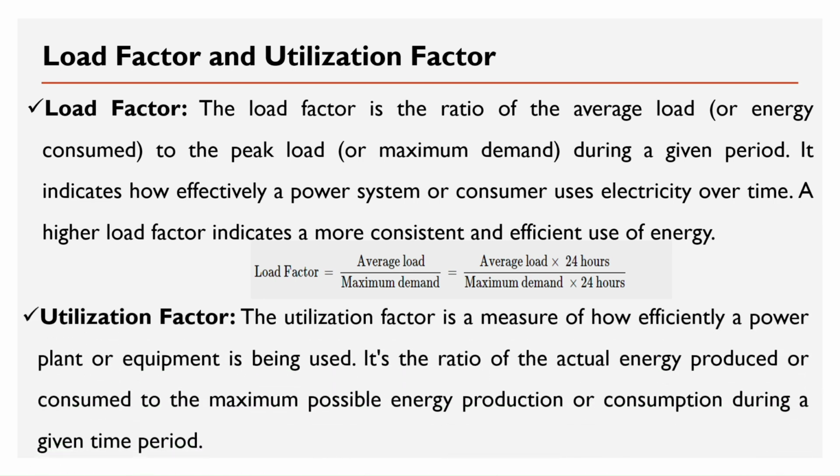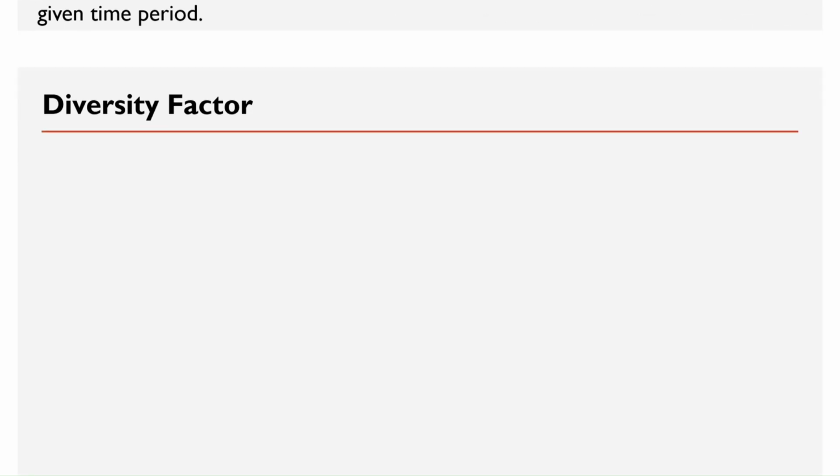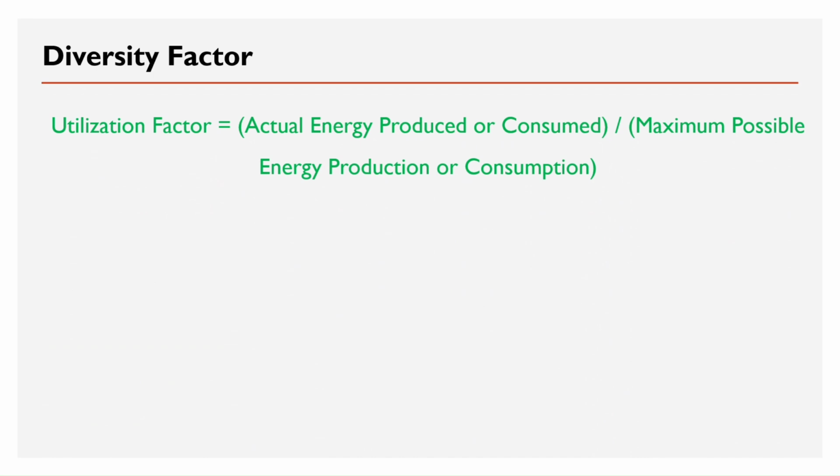Utilization factor. The utilization factor is a measure of how efficiently a power plant or equipment is being used. It's the ratio of the actual energy produced or consumed to the maximum possible energy production or consumption during a given time period. Mathematically, utilization factor equals